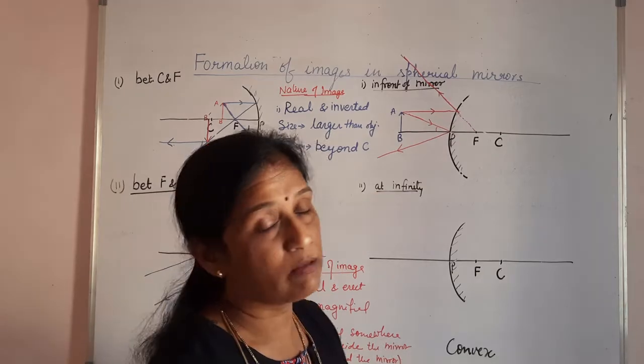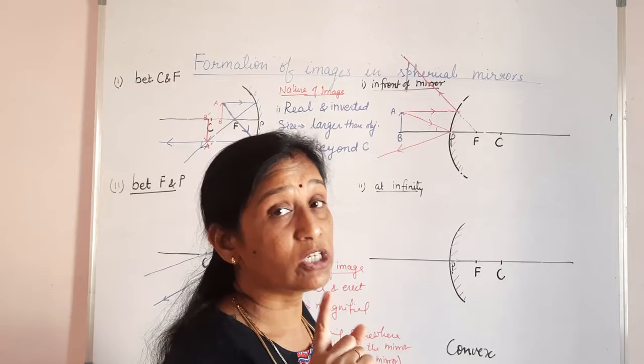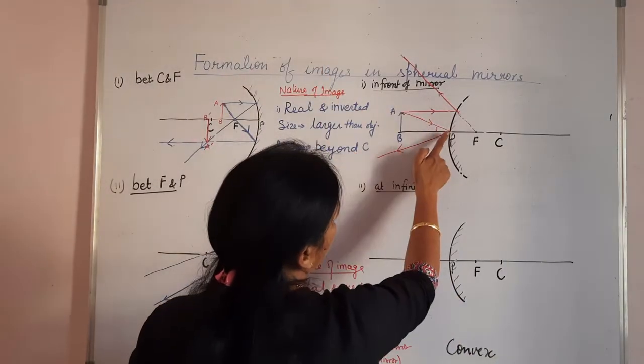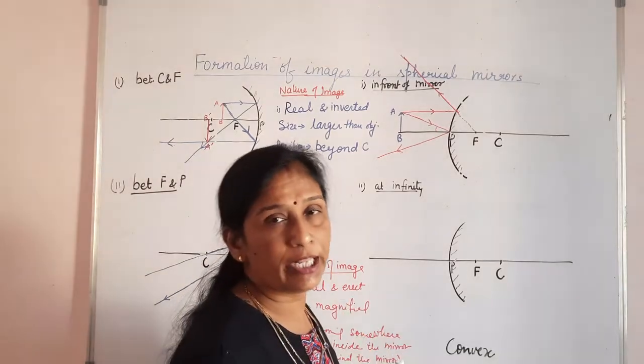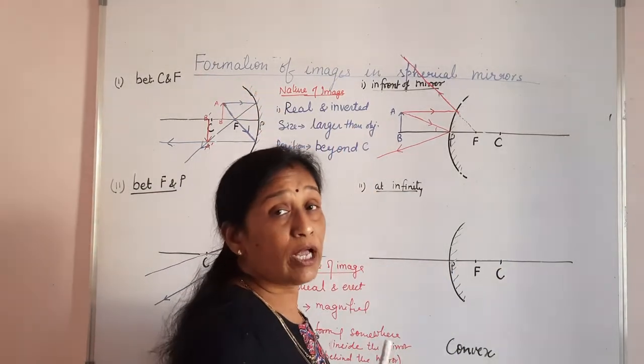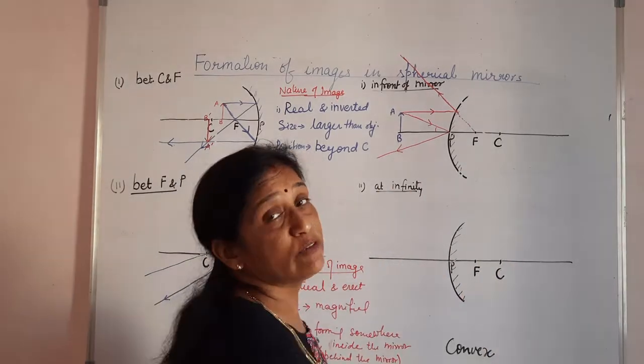Now see where the image is formed. Image is formed where the two reflecting rays meet. But see the reflecting rays in this case. एक reflecting ray इधर जा रहा है, एक reflecting ray इधर जा रहा है. ये तो कभी भी meet नहीं करेगा इस साइड, क्योंकि दोनों फैल रहा है, कभी भी meet नहीं करेगा. तो अगर वो इस साइड फैल रहा है तो कहाँ meet करेगा? If you extend it in the backward direction.